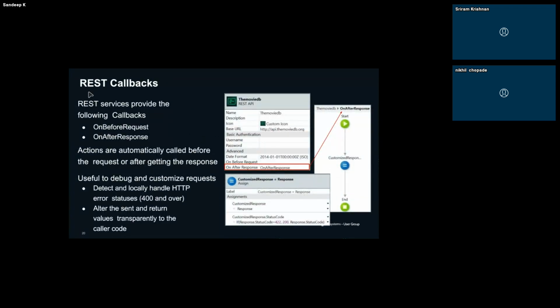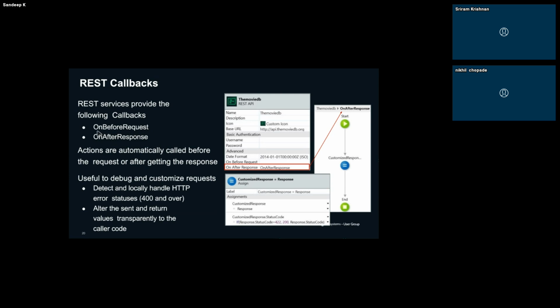And these are a few of the REST API callbacks that we have. On before request and on after response are available in the APIs which you are integrating. Whenever you want to customize the request just before you send it to the service side, you can use the on before request handler of your API method. Typically for one endpoint, you will have only one on before request and one on after response. There are also advanced handlers, on before request advanced and on after response advanced, where you can access the response in text format and binary format, and the different headers